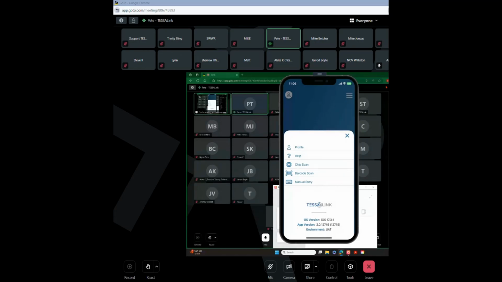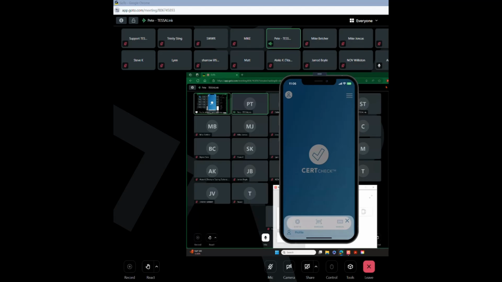There is a help link that links you to YouTube videos about Certcheck, and then it gives you the different version, app, and environment that you have at the bottom. Clicking on the X, you can go back to the main page, and I'm just going to show you one of the assets that we have currently in the system